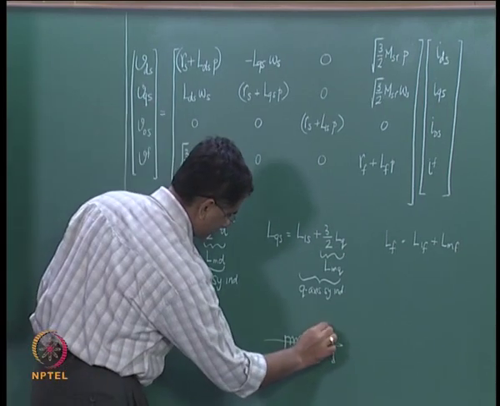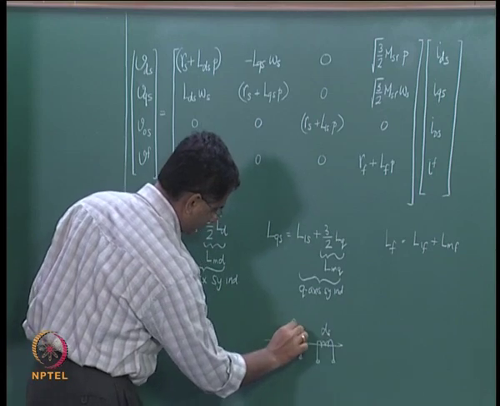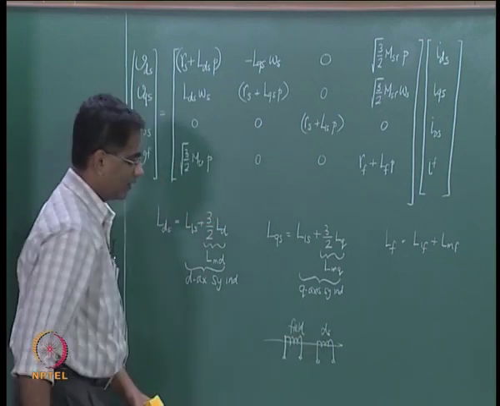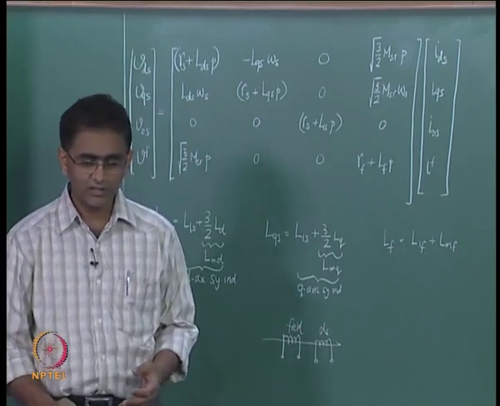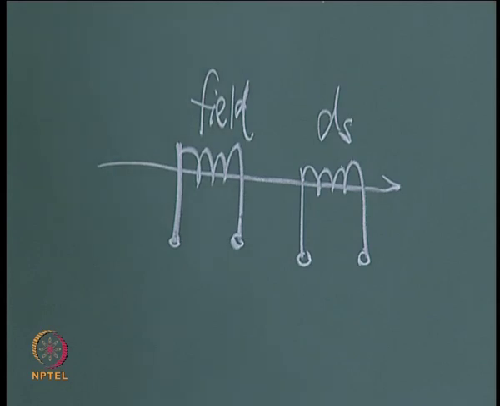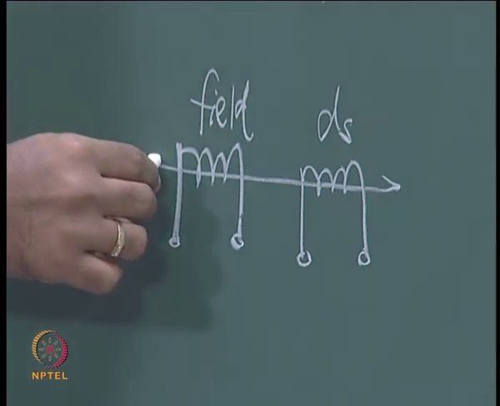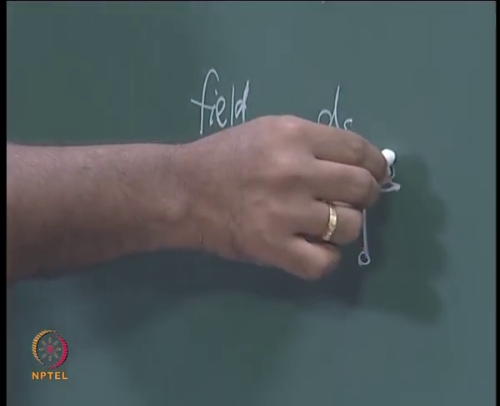So this is the ds coil and this is the field coil, and since these two lie along the same axis,